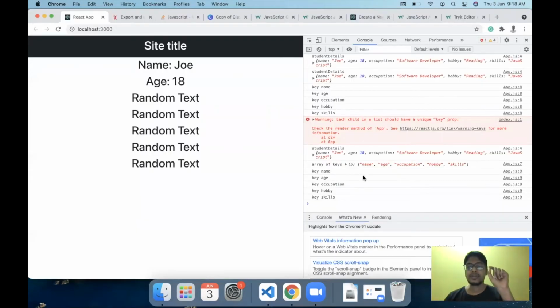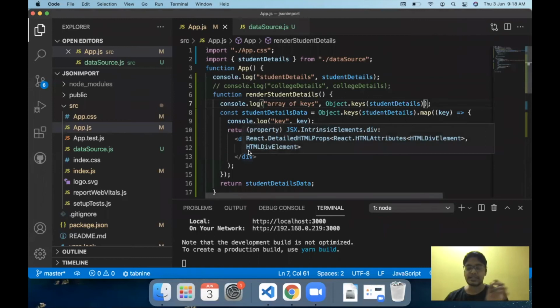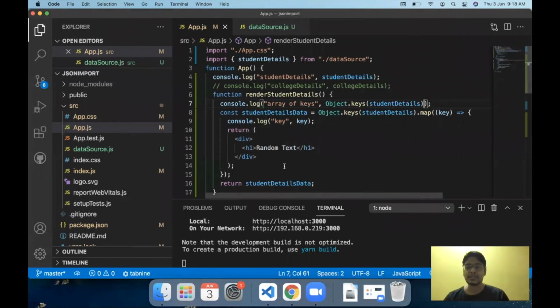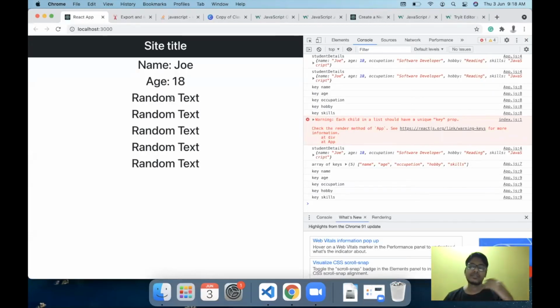So what actually happened was this map function ran on these keys one by one. Since there are 5 keys in this keys array, it ran for 5 times. And since we are returning an HTML element, which is, let's say, random text, it returned random text 5 times. That is why we have random text printed out here 5 times like this.